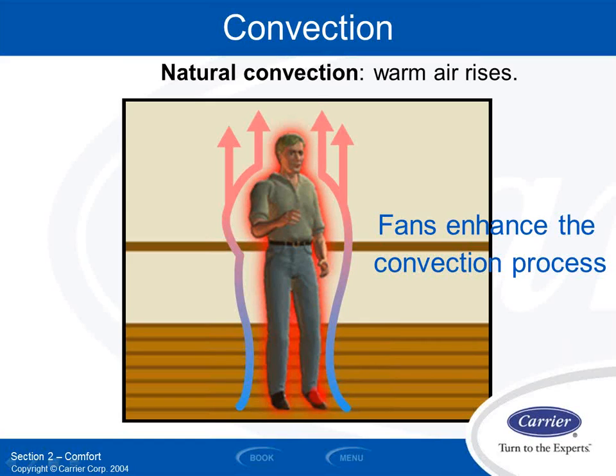But when it moves up, there's a space there that has nothing in it. So a new air molecule comes in and takes its space, gets warmed up and moves up. Then a new one comes in and moves up. So there's basically an air motion pattern around your body with no fans or breezes or anything going on, just a natural process of the warm air rising up your body and new air coming in and then rising. That loop happens. If I just stand here and do nothing, I'd have this loop of air transfer going. The warm air goes up, the cool air falls,